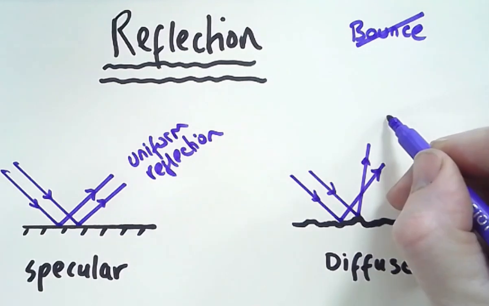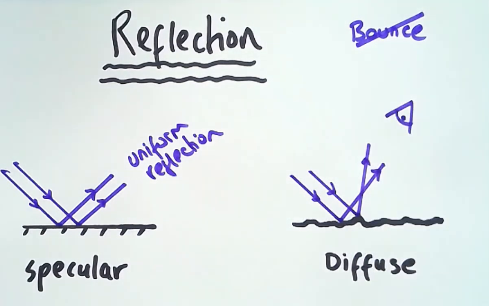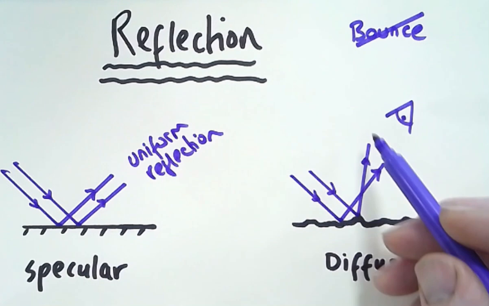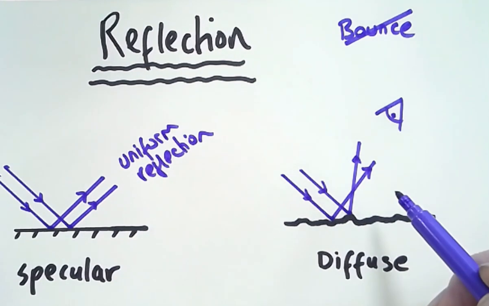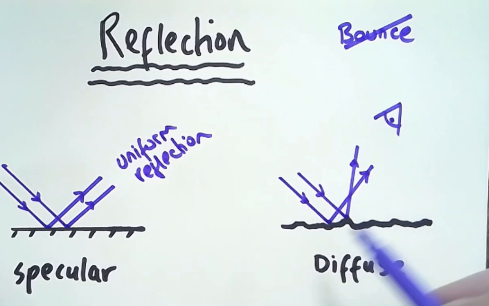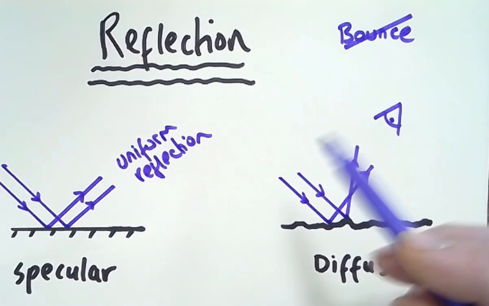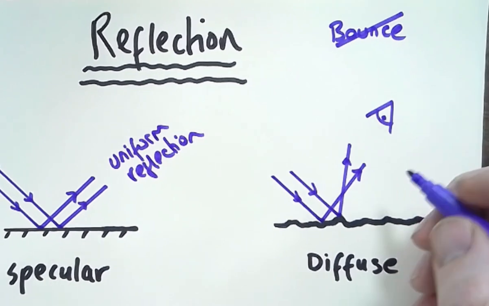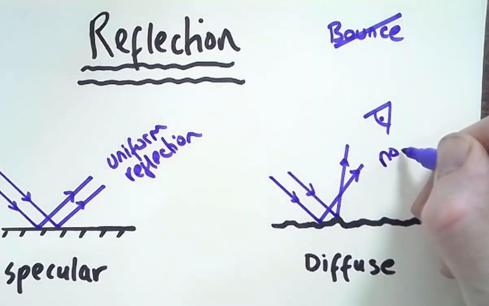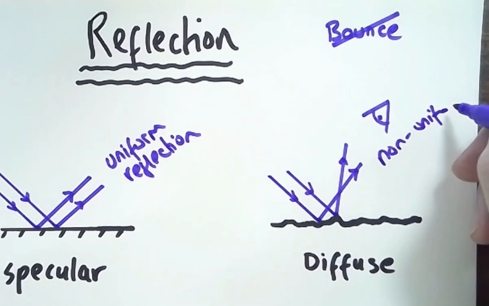So if we are looking at this, there's an eye, we are still able to see the actual image, the object itself, like for example a chair, but we don't see our reflection in it because the light is scattering, so we don't get a big percentage of the light that's incident all going in the same direction to be able to see what it was before. So in this case, we don't have uniform reflection, we could just say non-uniform